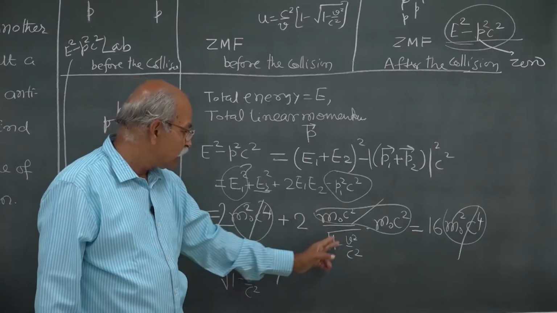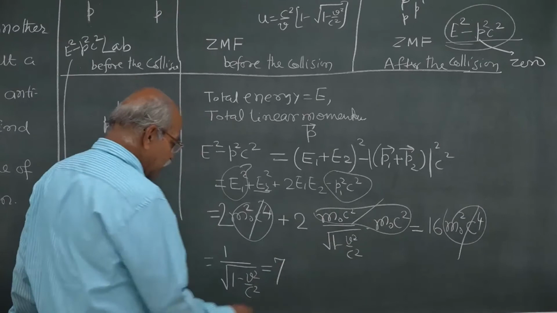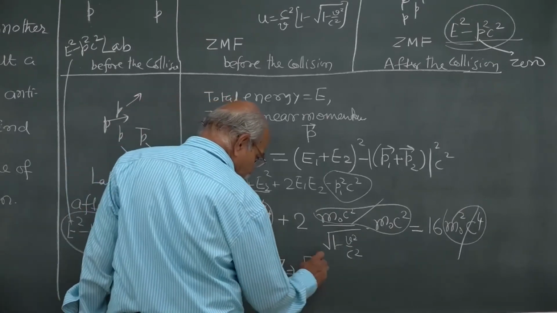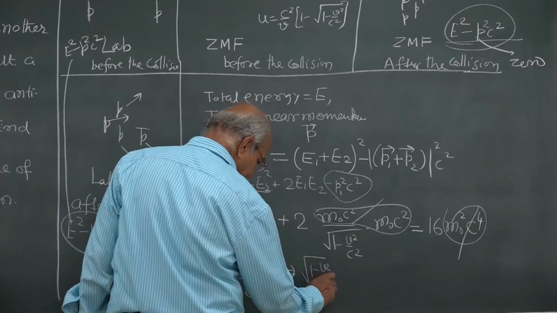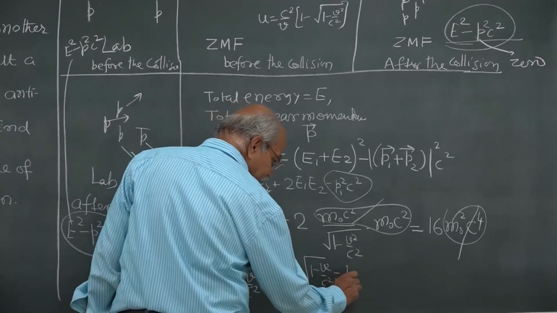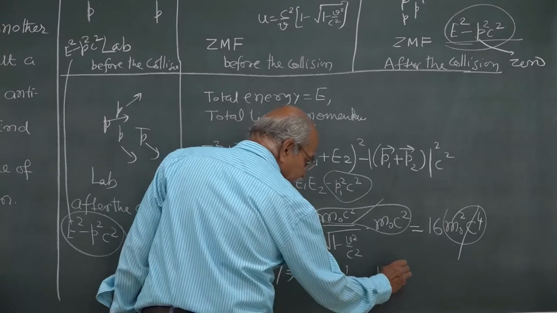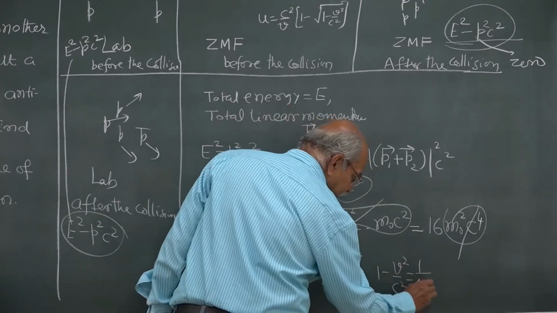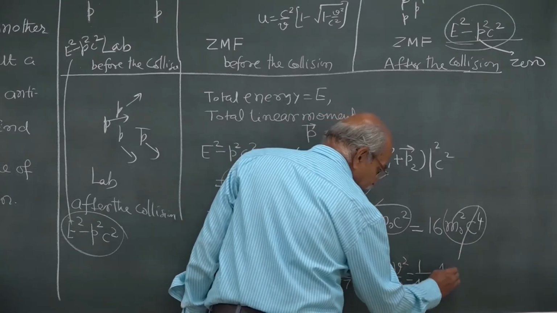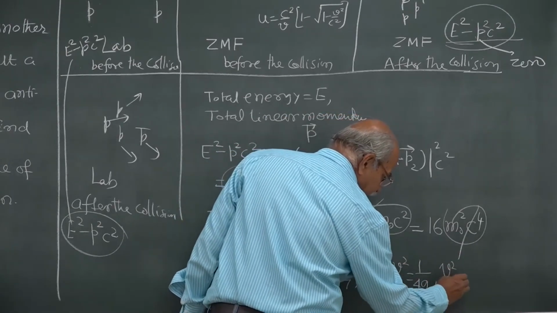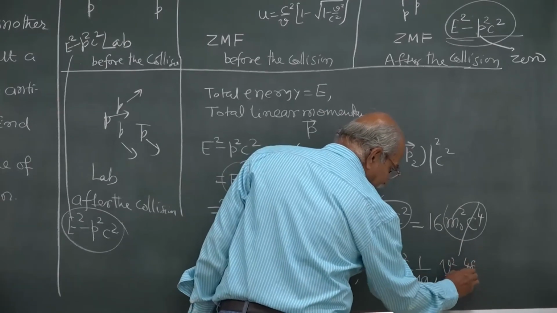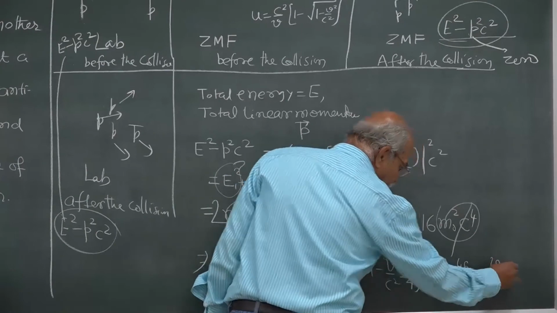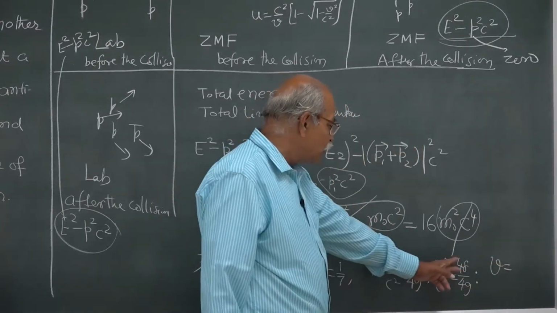So 1 by square root of 1 minus v square by c square is 7, and that tells me the square root of 1 minus v square by c square is 1 by 7. So 1 minus v square by c square is 1 by 49. So v square by c square is 48 by 49, and therefore v is equal to the square root of this,